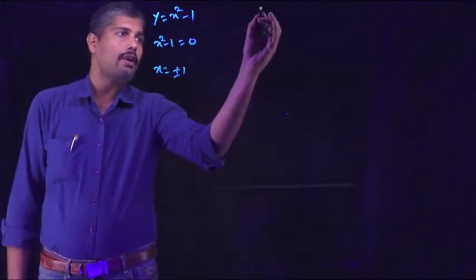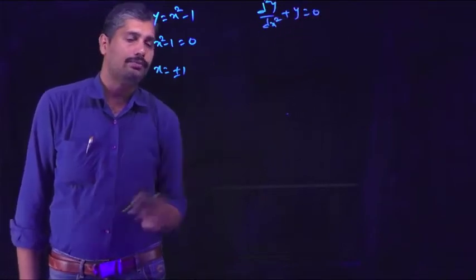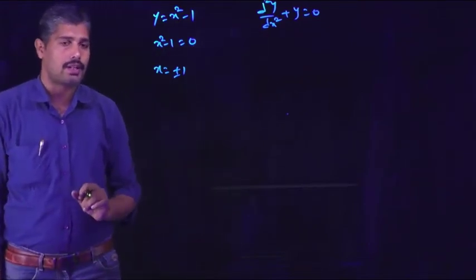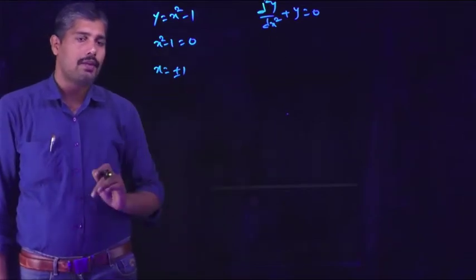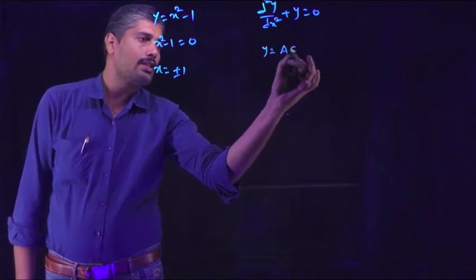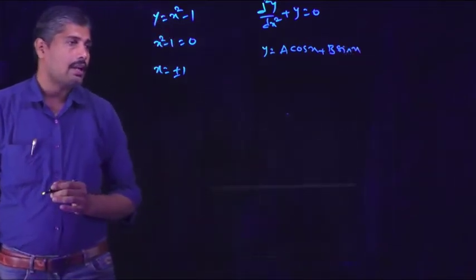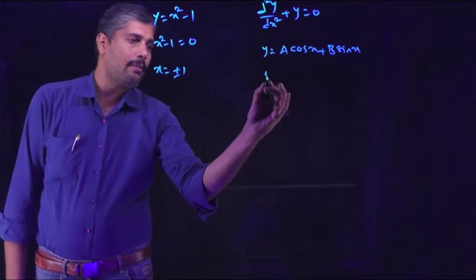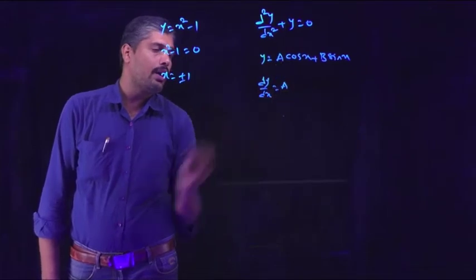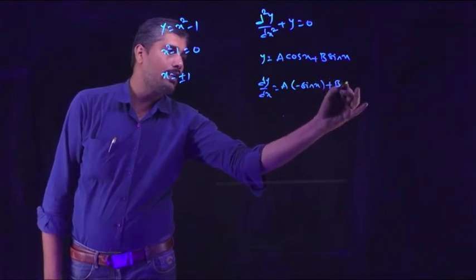See, d square y by dx square plus y equal to 0. Find the solution of the differential equation. See, what is the solution of the differential equation? Let's take y equal to a cos x plus b sin x, right? Derivative with respect to x, that is dy by dx equal to a into derivative of cos x, which is minus sin x,